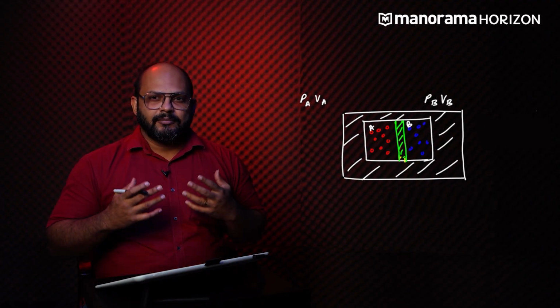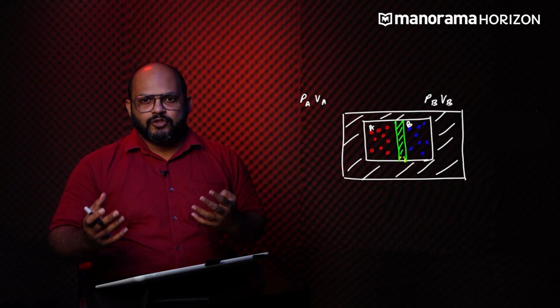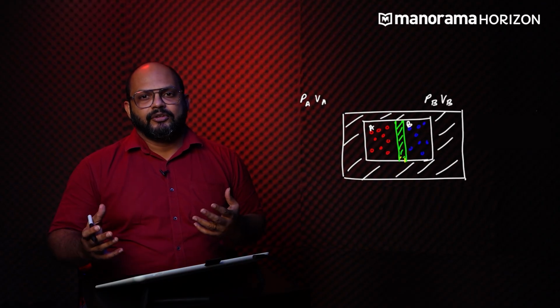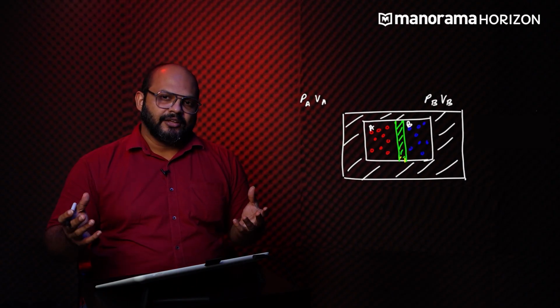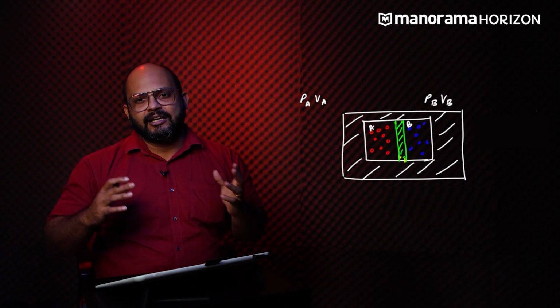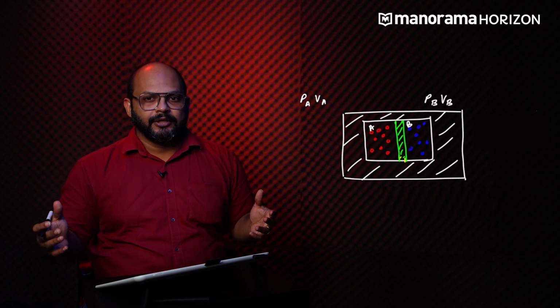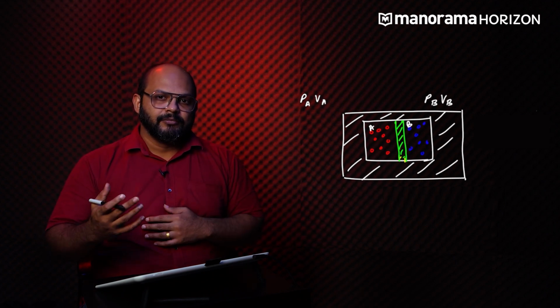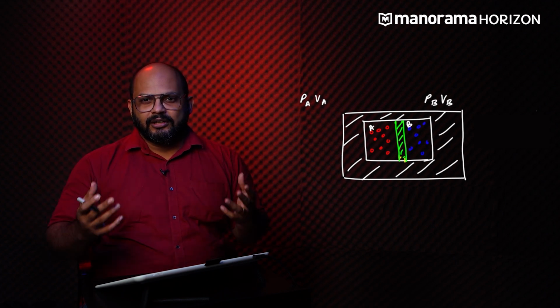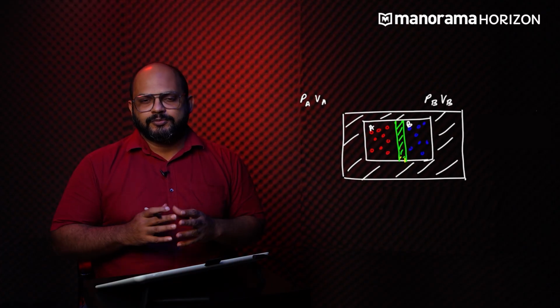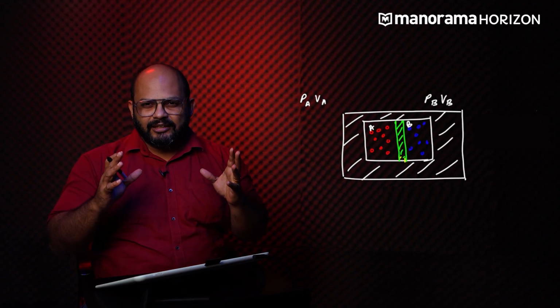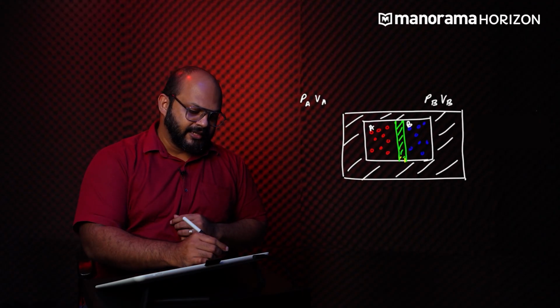So is there some property that has to become the same for these gases for them to get into equilibrium? We just said that two different gases can be at different pressures and volumes and still be in equilibrium. So is there something that is same between them? To learn how this property has been found out or how we defined this property, let's think of a slightly more detailed experiment.